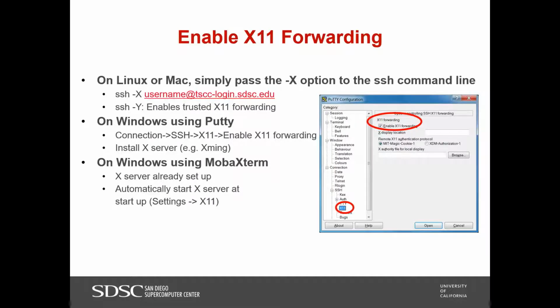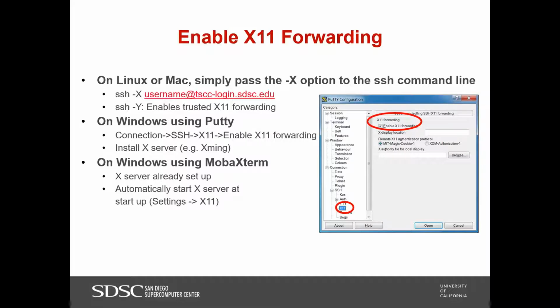So next, I know some of you folks want to use the graphic user interface on the cluster or on the TSCC. We call that graphic user interface a GUI. So if you wish to use GUI, you need to enable the X11 forwarding. So how to enable that forwarding? You can add -X or -Y options in your SSH command line,